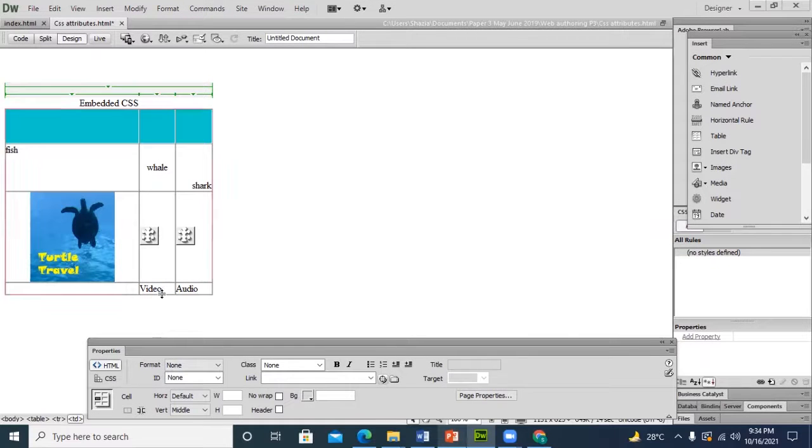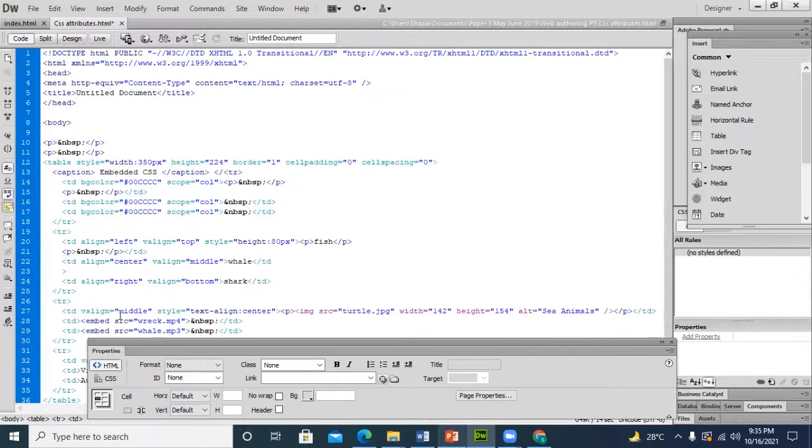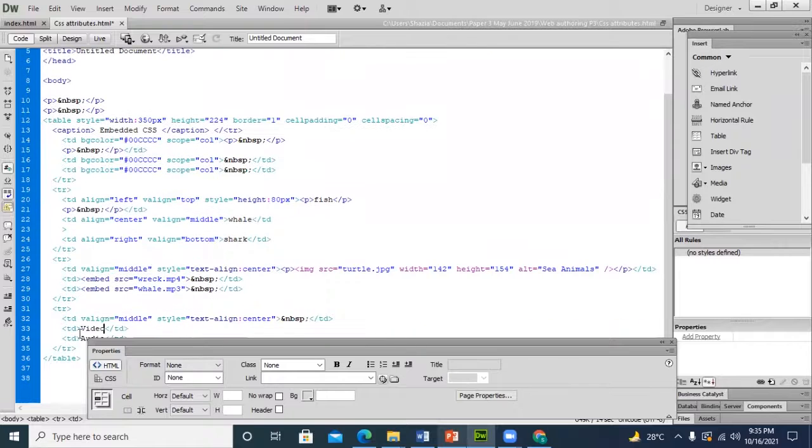Let's see how to change the background color of this particular cell. As I click my cursor here, go to the coding and write, again use style attributes, internal style, to change the BG color of a particular cell.